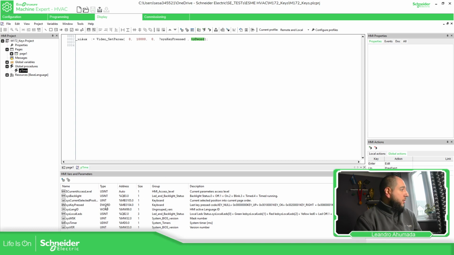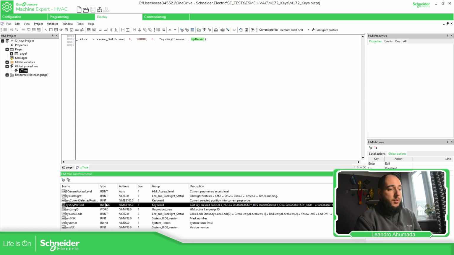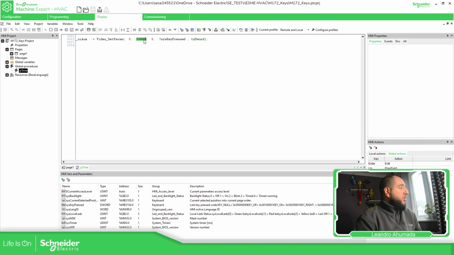And then I'm pointing in the PLC to this address, the 10,000. So every time, a time not specified in the software, the HMI part is going to send to the PLC this value. So if we go to configuration,